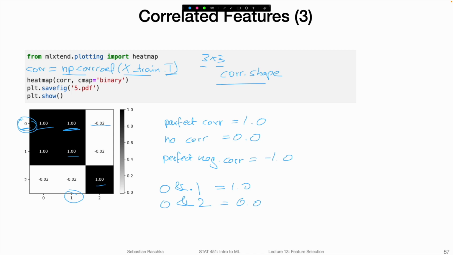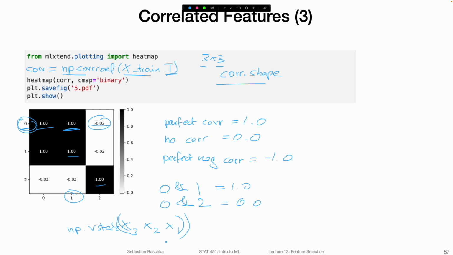And this makes sense because for feature 2, I think I provided them in the reverse order: x3, x2, x1. When I stacked with the NumPy vstack, I had them in reverse order.